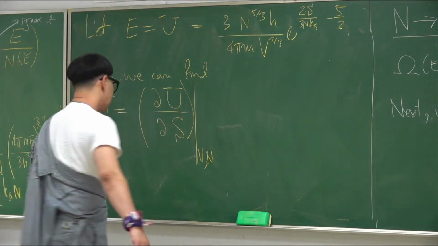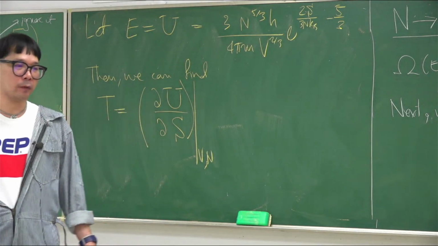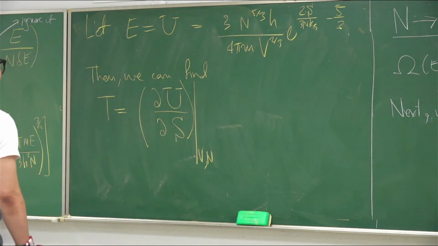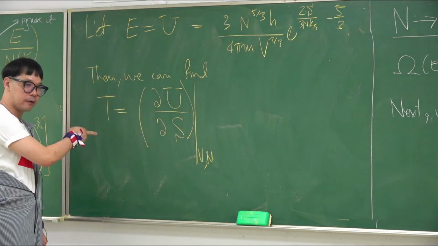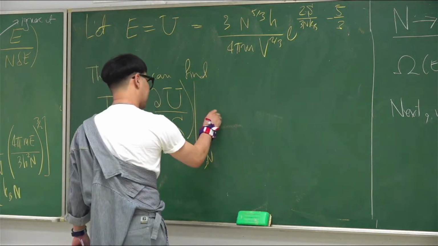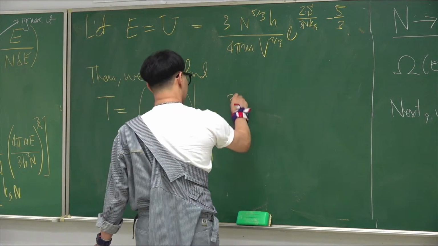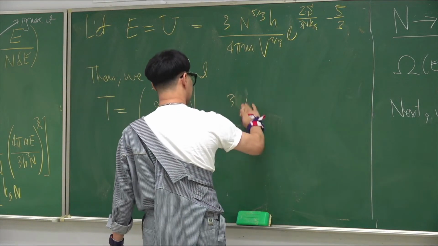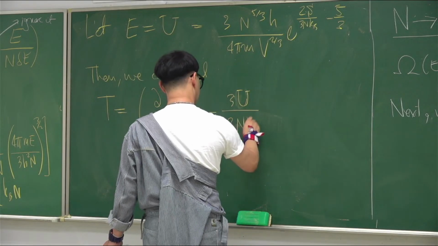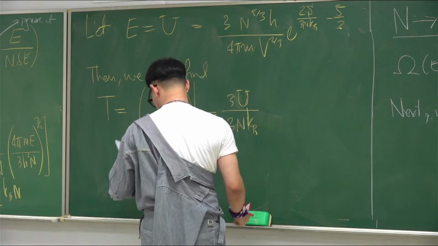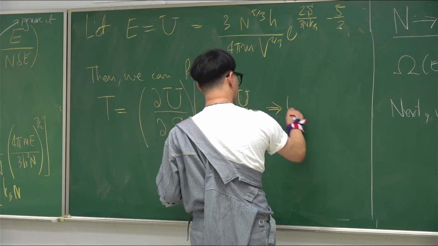And you consider the partial derivative of the internal energy with respect to the entropy, which we actually derived from the Maxwell relations, right? Yeah. So what you're going to have is this one, which gives you